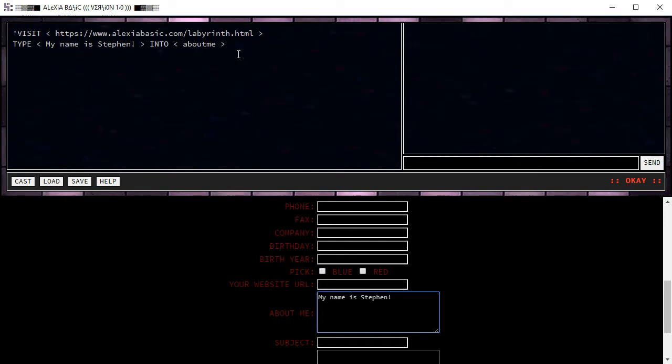However, if we want to automate that, or if we want Alexia BASIC to do this on our behalf, what we can instead do is use the system variable Enter key, and we simply type that in as though we were literally typing it in. So we're going to type in Enter key as follows. Of course it's not actually typing the words Enter key, but rather pushing the Enter key button, and we're going to do that in the About Me section of the form down here. So let's go ahead and cast this edited spell, and we should see that little cursor hopefully move